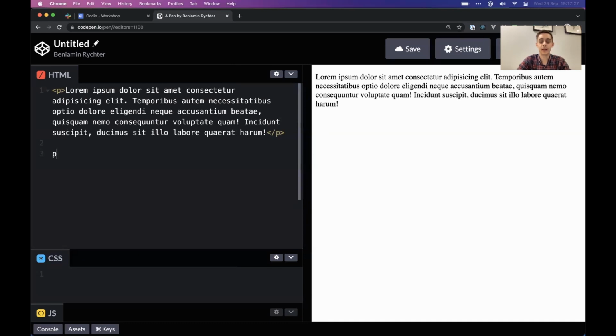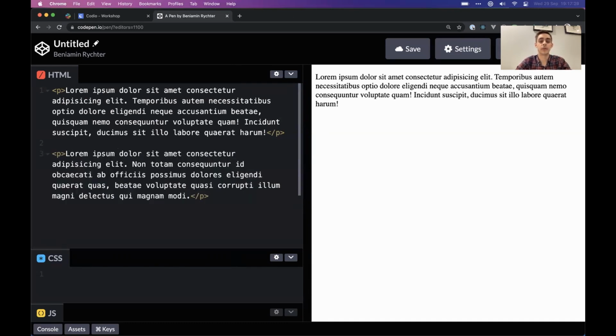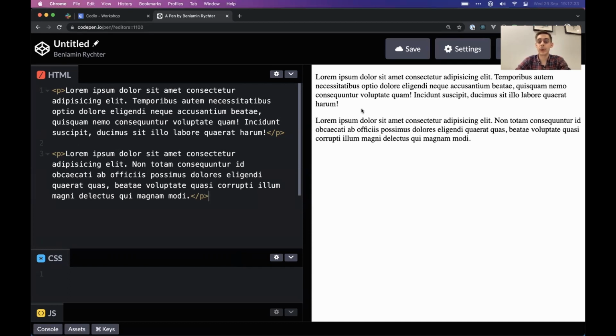We create another paragraph with text, and we can see these two paragraphs on the right side, and between these two we have some kind of